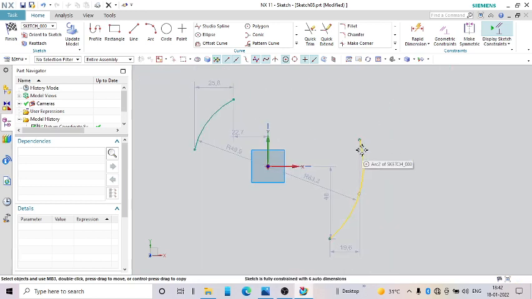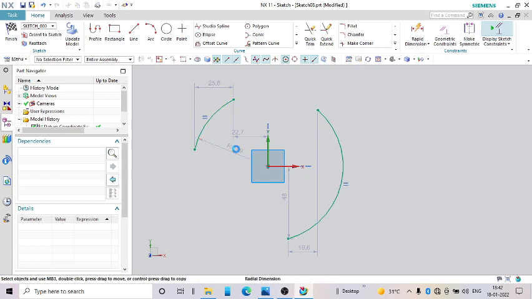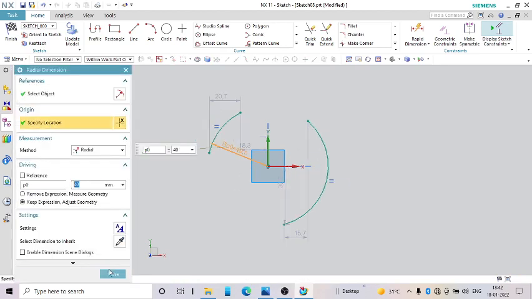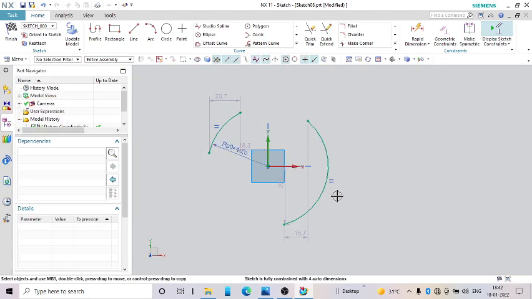Actually we can make this both equal radius, and this radius is 40. Close.